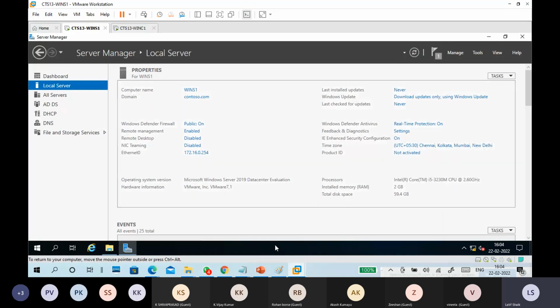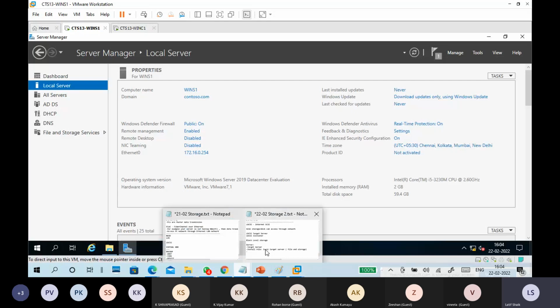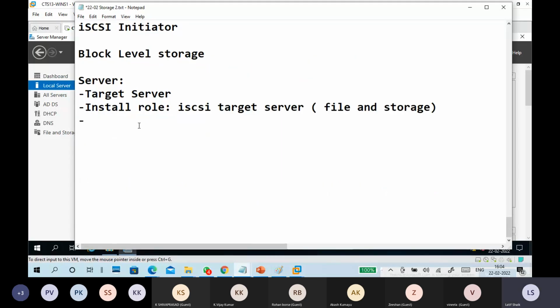Okay. So next one, first role is installed. Now the request is something like a 10 GB disk or 20 GB hard disk. So we'll take it. So the request is like this. Based on that, first of all, we have to create a target and a 10 GB disk. Dynamically expanding disk.